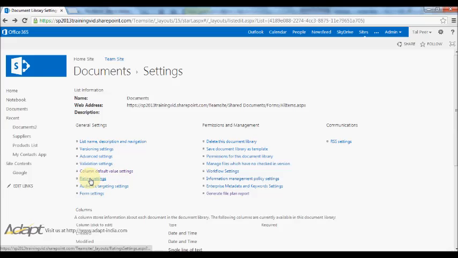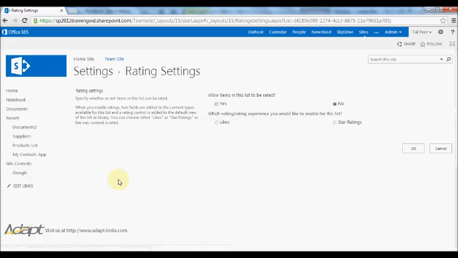The rating settings is quite useful. There's a bit more now around the social aspects of SharePoint. You can decide whether you want items in your list to be rated. You press yes, and it allows you to choose which type, whether it's using the likes or the star ratings. So if you press OK,